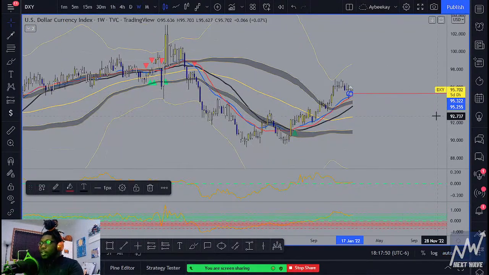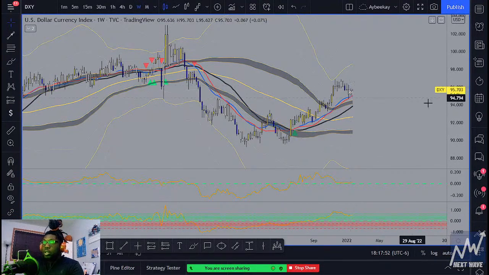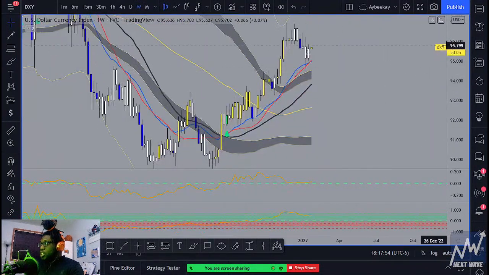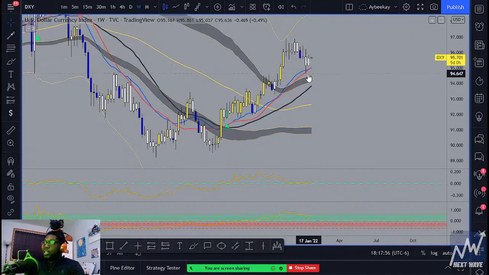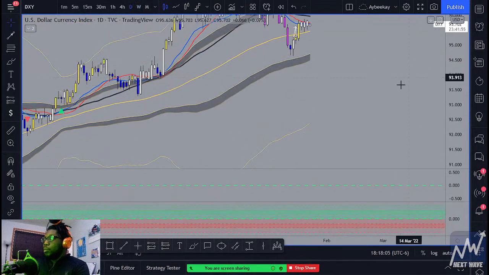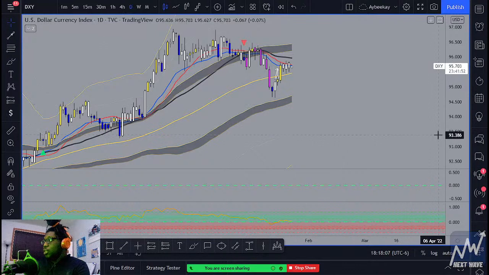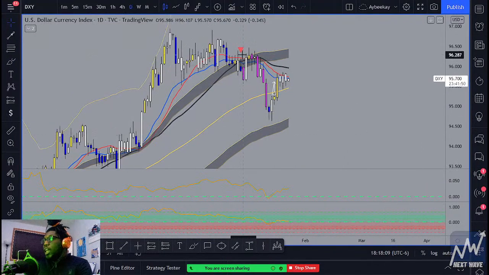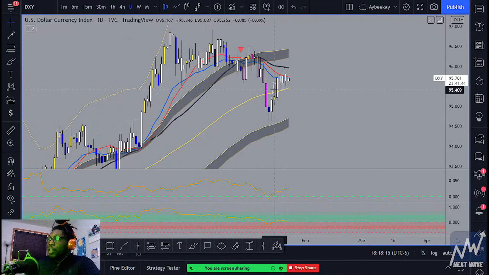We have DXY weekly time frame still extremely bullish, so it doesn't necessarily look good on a higher time frame type of play to look for any type of sells. Daily time frame, we had gone to sell the first time, and I was like, hey, at this point, what I would rather see the DXY do is come up to the RSI line, and the RSI line is over here at